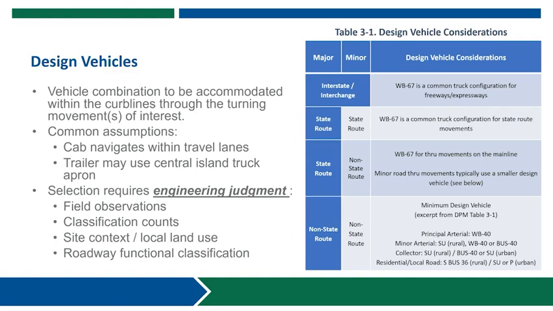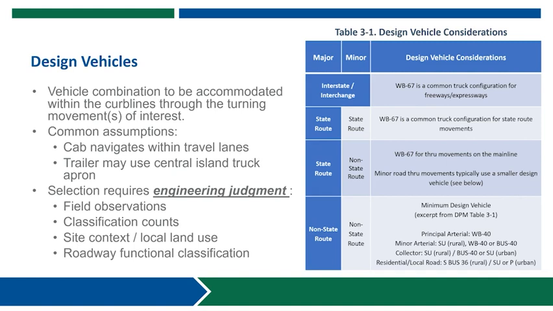Accommodating the design vehicle through the curb lines of a roundabout drives many of the different geometric design elements, such as inscribed circle diameter, lane widths, and entry and exit radii. Ultimately, selection of the design vehicle is going to be based on engineering judgment. It factors in a variety of considerations like field observations, class counts, site contexts and local land use, and roadway functional classification. Table 3-1 of the GDOT Roundabout Design Guide provides a starting point for selection of the design vehicle